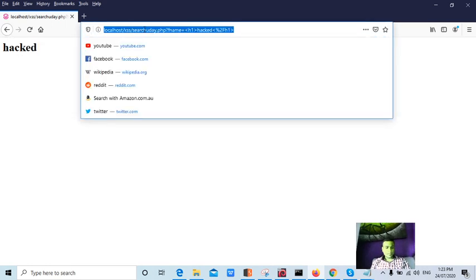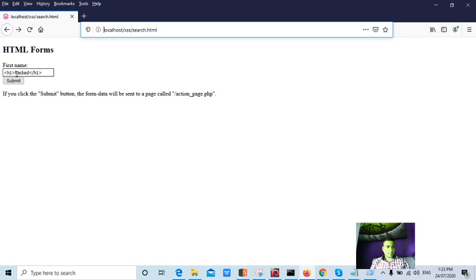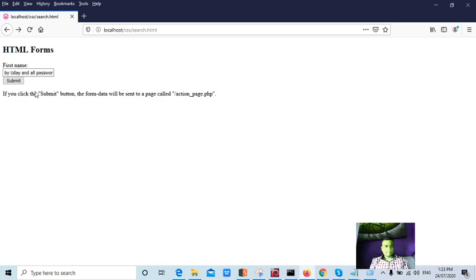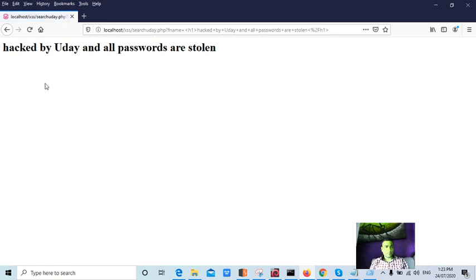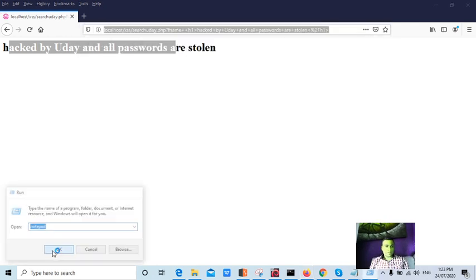But if you post this link in some websites, like let's say "hacked by Uday and all data stolen, all passwords are stolen", I'll copy this URL and post it on some social media websites.